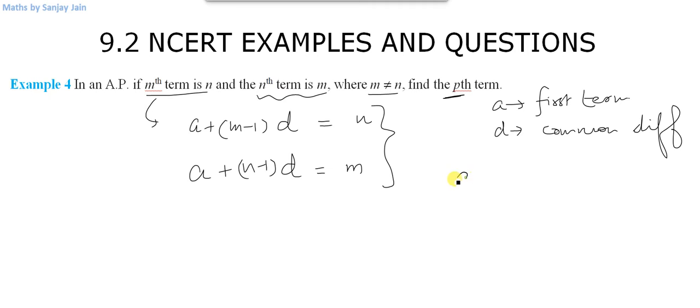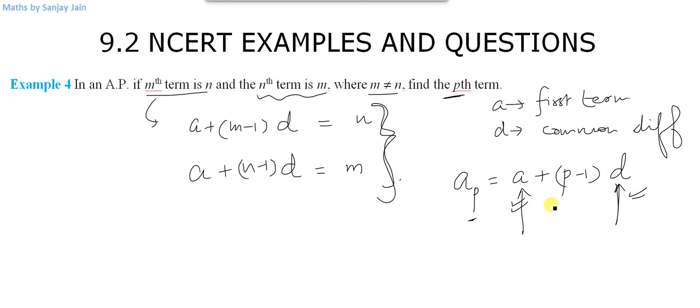So what I need to find is the pth term, that is this, which should be equal to a plus p minus 1 into d. Now in this pth term, the only two unknowns are these a and d, right? So I need to find these a and d using the given information and put it in place of a and d. So using these two equations,